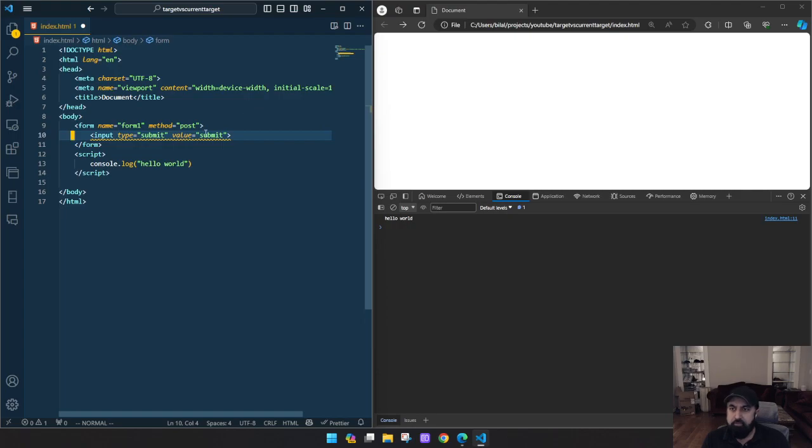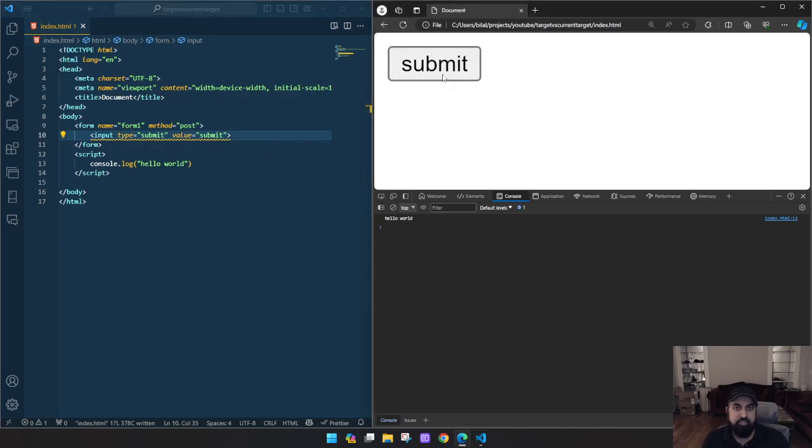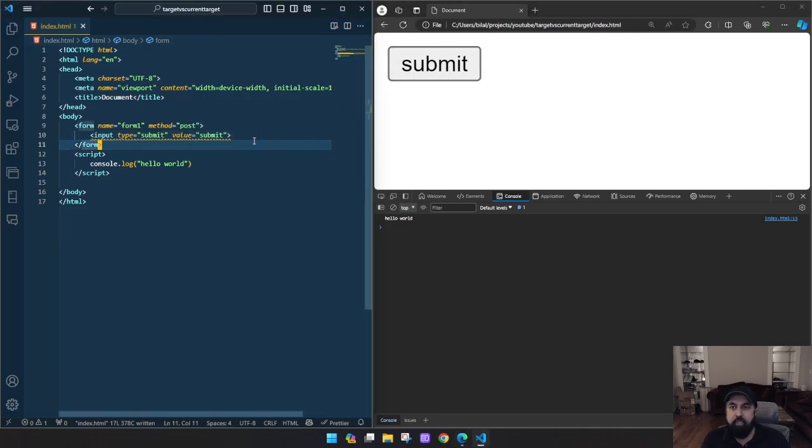I'm not sure what this is complaining about. It's some accessibility warning, and for now we can ignore that. You've got the type, which is submit. Typically the way this works, once you submit it, the form will get submitted. When you click on this button, let's take a look. This creates a button. If I submit it, it's going to try to submit the form. That's fine. What I want to show is the event triggering and what the target versus the currentTarget